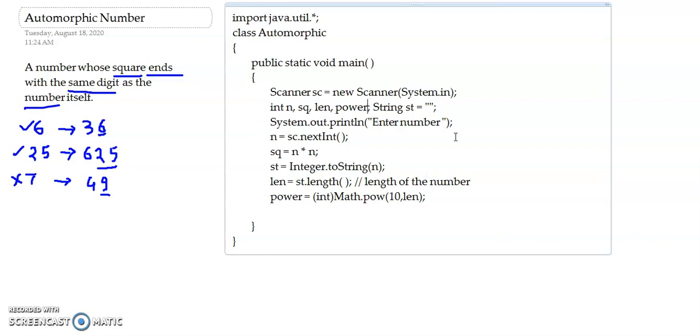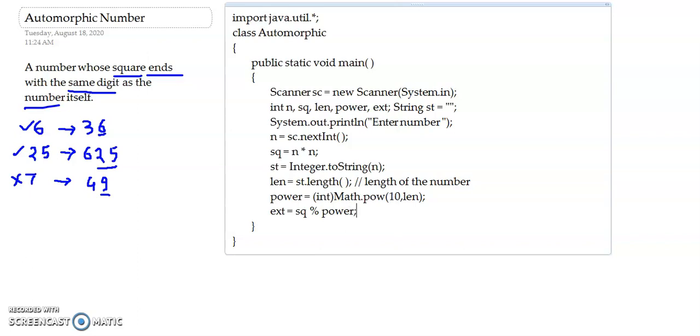So for this I am going to take another variable which will store the extracted digits. Let's say it's ext. So ext equals, then we have to mod the square, so sq mod by this power.